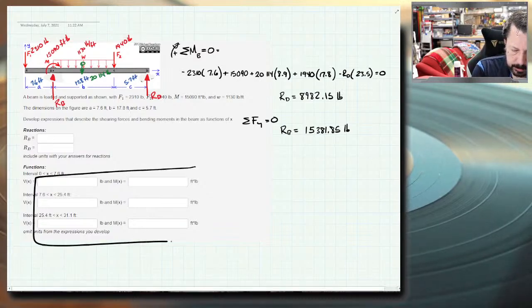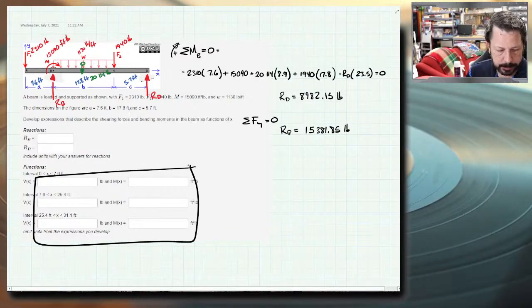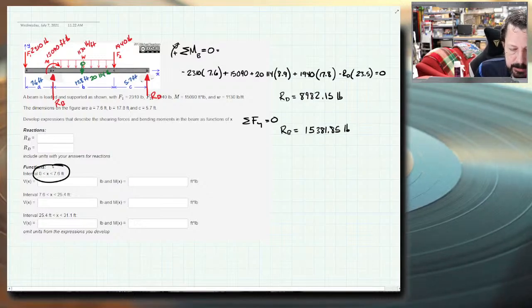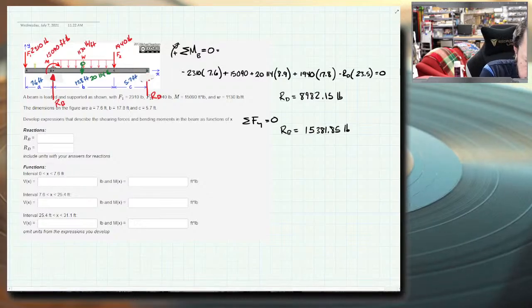Filling in these blanks. So these blanks are where we want to go to specific intervals in the beam, cut it open in the center of that interval, and figure out what the shear force and bending moment are in that interval. So the first interval, 0 to 7.6 feet, that's this interval right here. I don't know if that shows up very well, but kind of does. It's the first, from A to B. So let's cut that thing open,